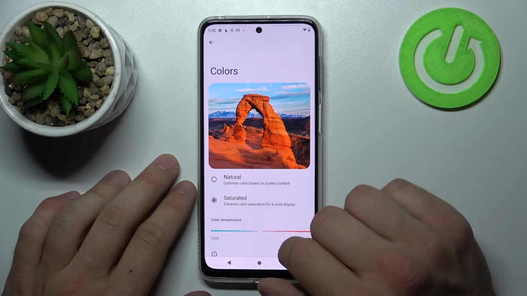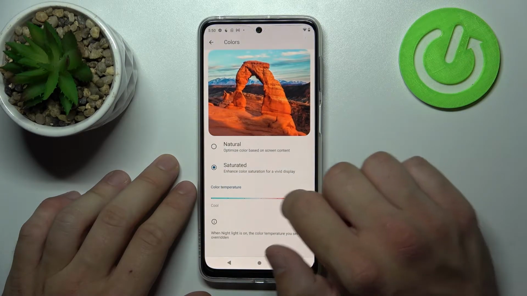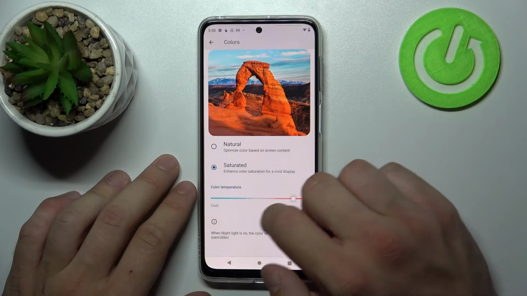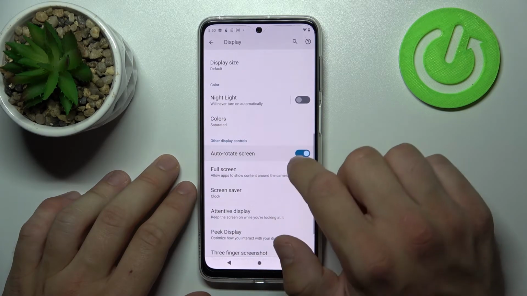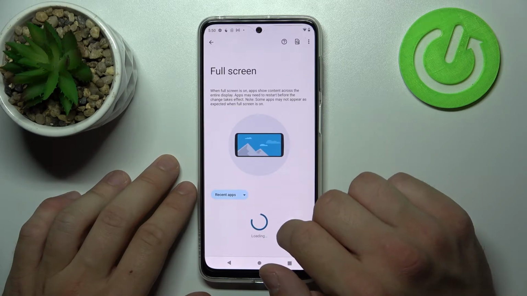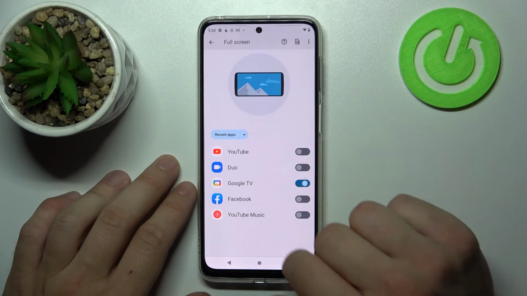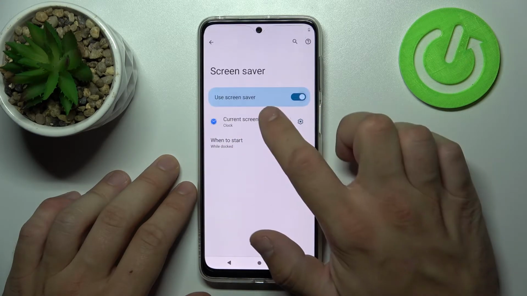Next, we can change colors between natural, saturated, and color temperature between warm and cool. Then we can enable or disable auto rotate screen, full screen display for apps, set screensaver,